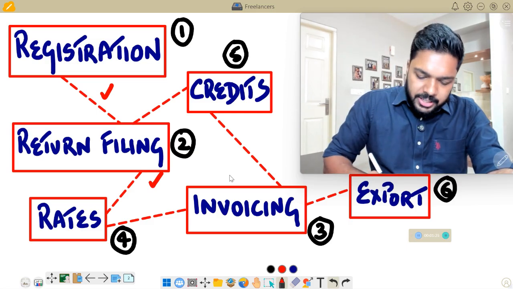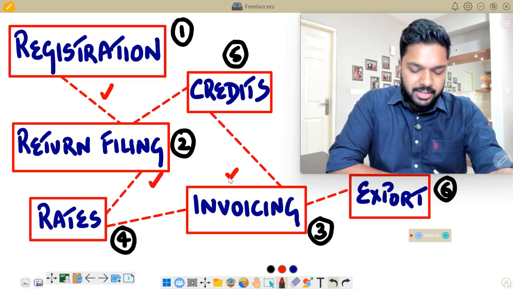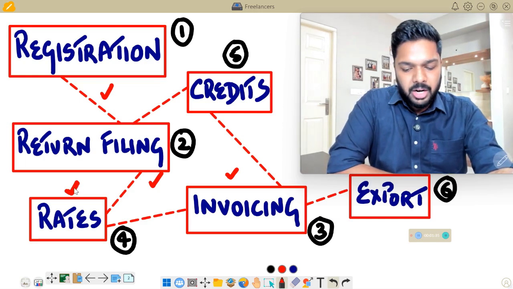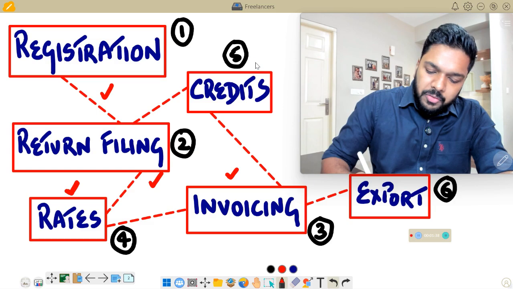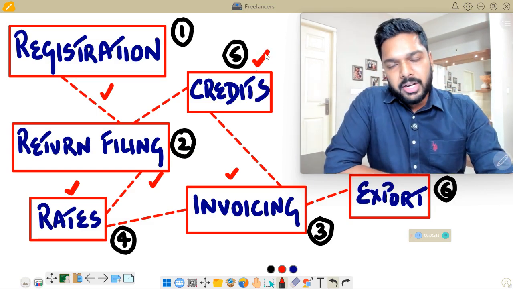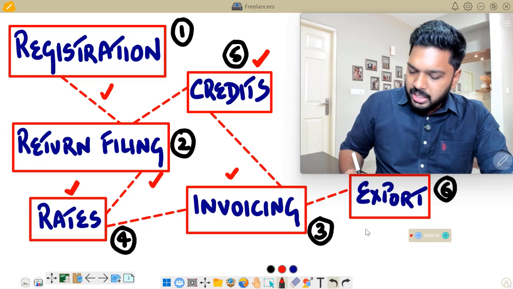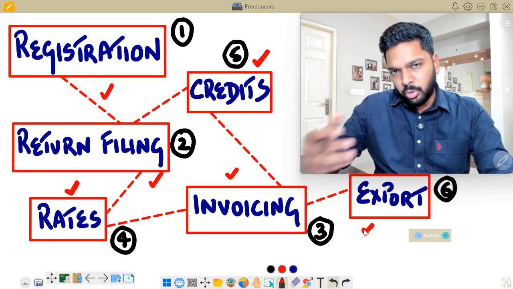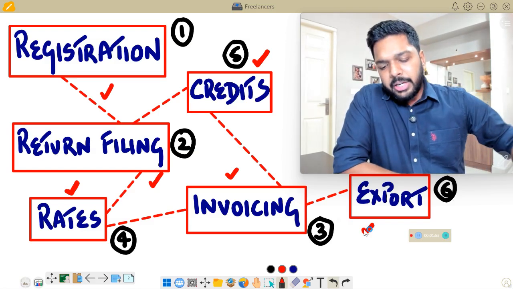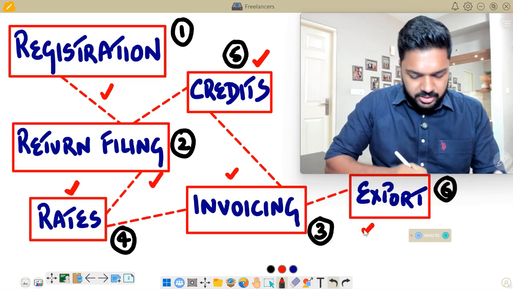We then look into invoicing, wherein there are actually GST prescribed rules for raising a legal tax invoice. We also look into the rates that are involved in provision of services, especially under GST, and then the concept of GST credits and why it is going to be beneficial for you, where you can take the credits incurred on your GST purchases. And finally, when you're involved in the provision of services outside India or export of services, what are the important considerations to be kept in mind? So let's do a deep dive for each of these segments and understand the basic provisions concerning all these.